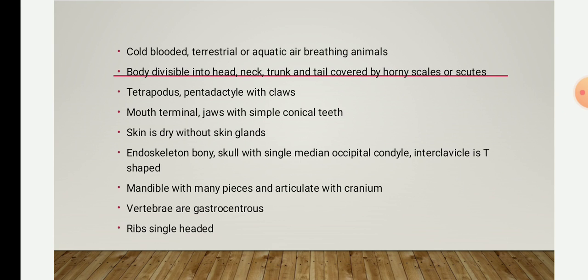The mandible consists of many pieces and it articulates with the cranium through the quadrate bone. So we have already discussed this. The mandible is also known as the lower jaw, which is the bone that forms the lower part of the skull, along with the maxilla, that is the upper jaw. It is connected to the cranium through the quadrate bone, and this quadrate bone is a skull bone found in most of the tetrapods, that connects to the quadratojugal and the squamosal bone in the skull and forms the upper part of the jaw.